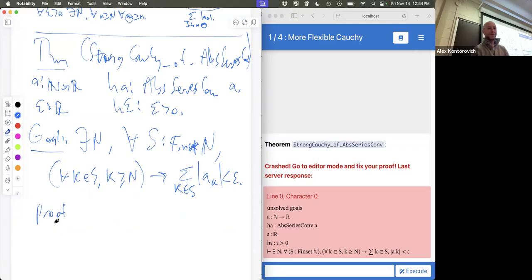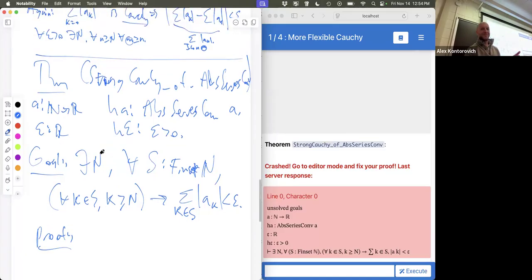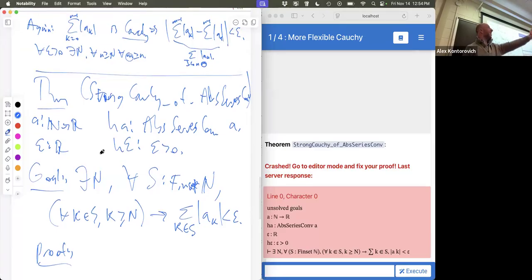Proof. What's that? We can't use 0 because the first term of A could be 1, and then we'll never get below epsilon. Oh, we have to make sure that we discard the first capital N terms, and then the tail is what it is. Okay, so the proof is, well, how large should we take this capital N? You just get it from Cauchy. It's the same N. It is the Cauchy N.